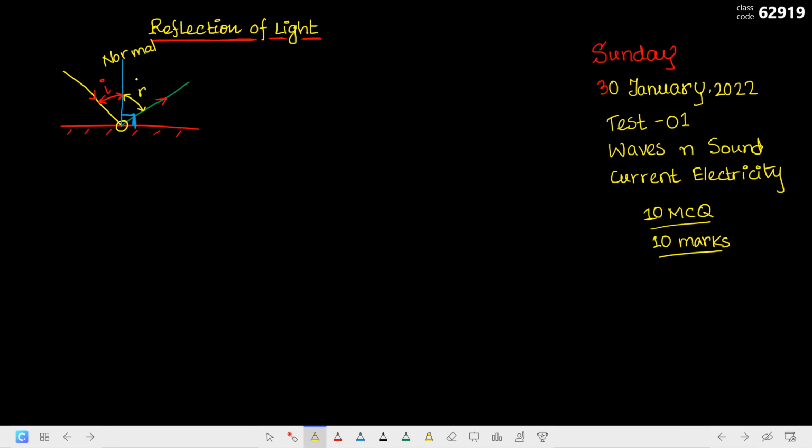The first law is very easy: the incident ray, normal and reflected ray all lie on the same plane. And the second law, the most important one, is that the angle of incidence is equal to the angle of reflection. That means if this angle is 30 degrees, this angle will also be 30 degrees. If this is 60 degrees, this is also 60 degrees. Okay. Now